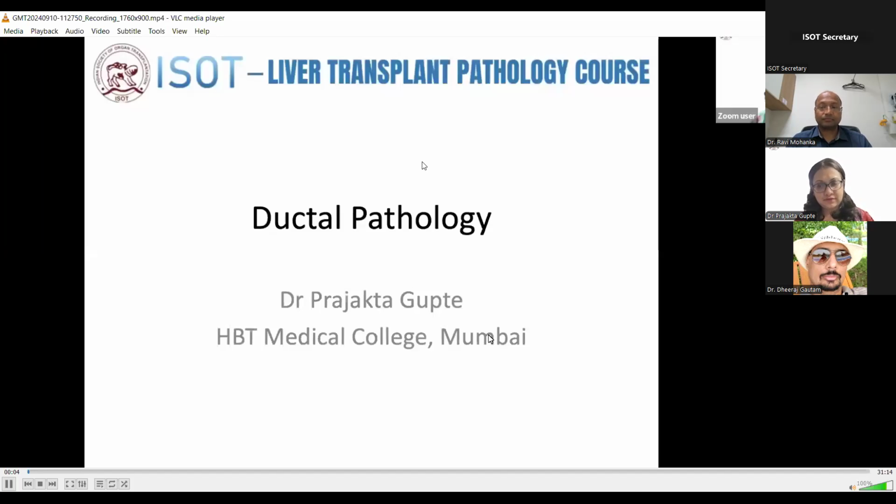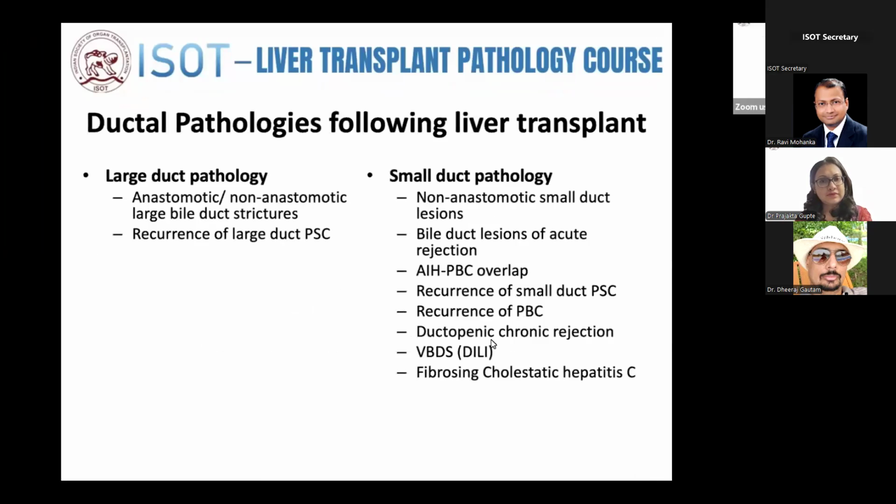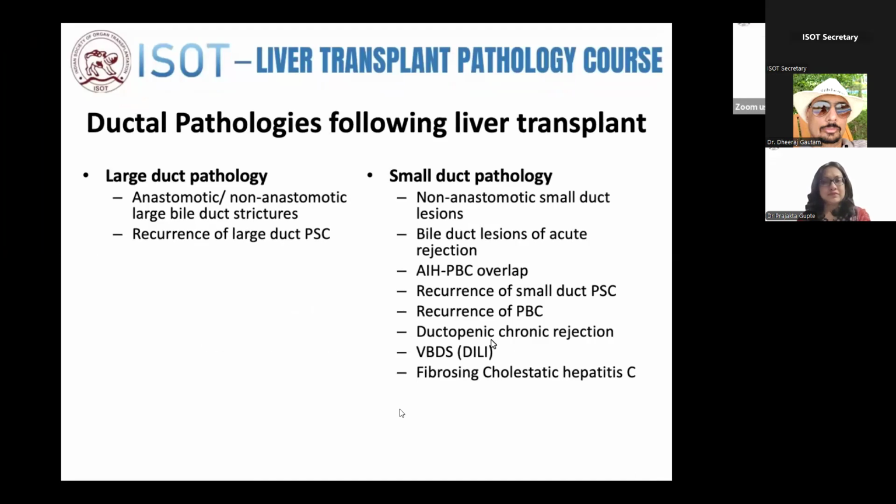Good afternoon. Today we shall discuss ductal pathology with respect to liver transplant. Which are the different ductal pathologies following liver transplant? These are broadly categorized into large duct pathology and small duct pathology. Even when we get a biopsy, the first thing we would look at is whether we are looking at features of large duct obstruction or a small bile duct pathology. In large duct pathology, we have anastomotic or non-anastomotic large bile duct strictures, and recurrence of large duct PSC following transplant. In small duct pathology, we have non-anastomotic small duct lesions, bile duct lesions of acute rejection,